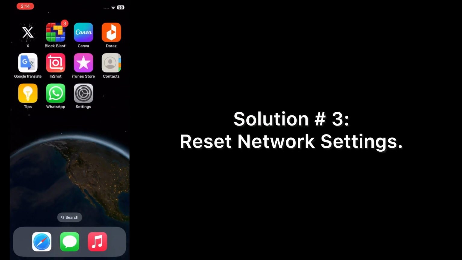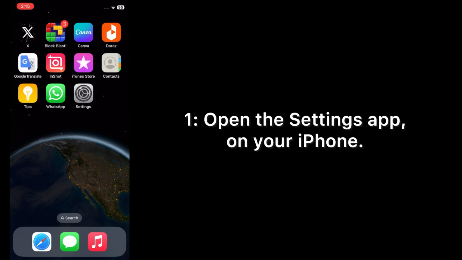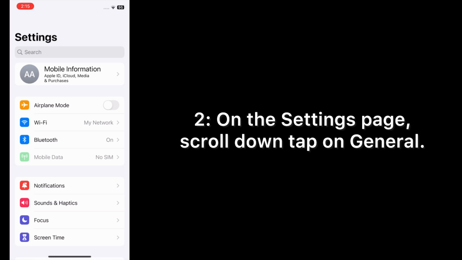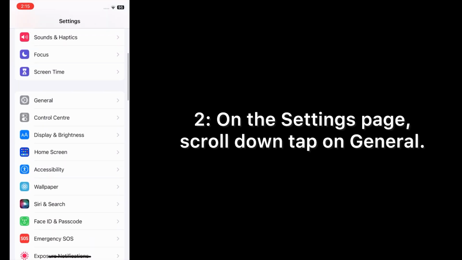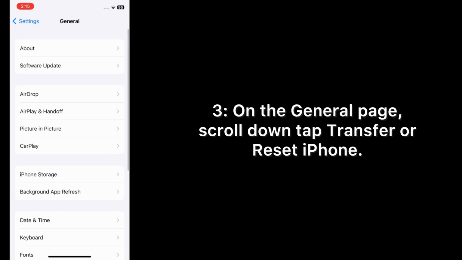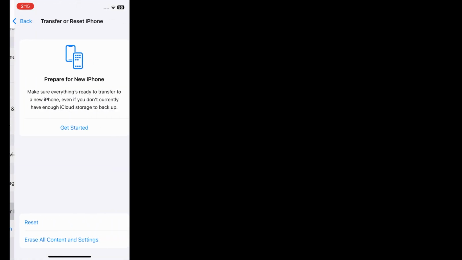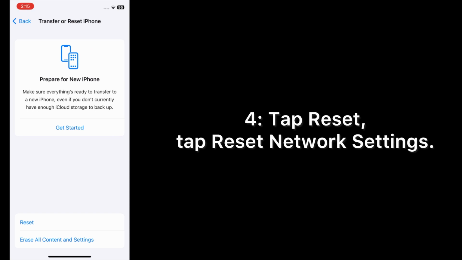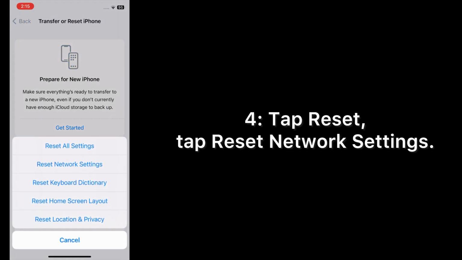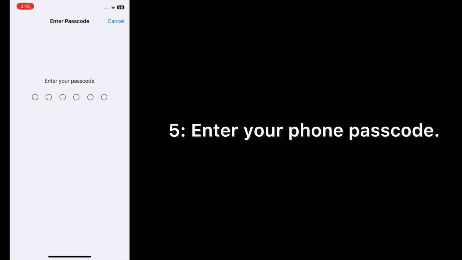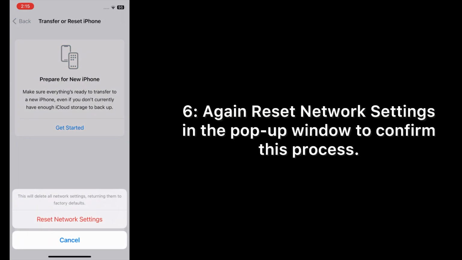Solution number 3. Reset network settings. Open the Settings app on your iPhone. On the Settings page, scroll down, tap on General. On the General page, scroll down, tap Transfer or Reset iPhone. Tap Reset, Network Settings. Enter your phone passcode. Again, tap Reset Network Settings in the pop-up window to